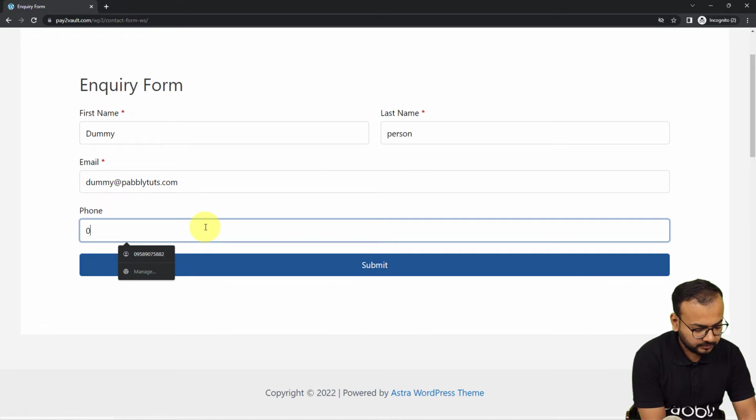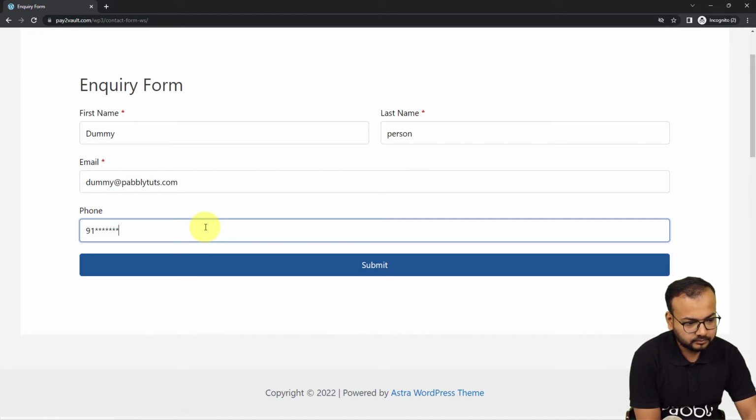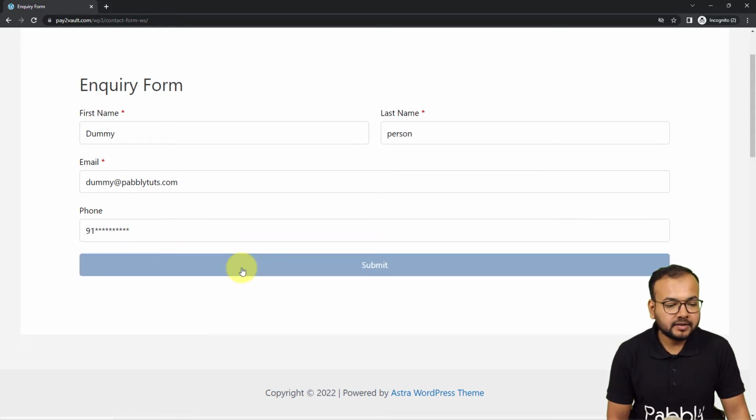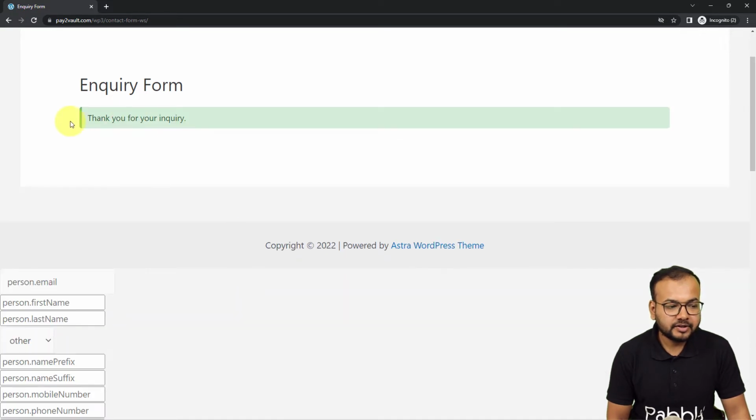And the phone number. Alright, and here I am clicking on the submit button, and you can see the form is getting submitted. It is showing "Thank you for your inquiry." So the form is submitted, and let's check in the workflow if we got the data captured from this